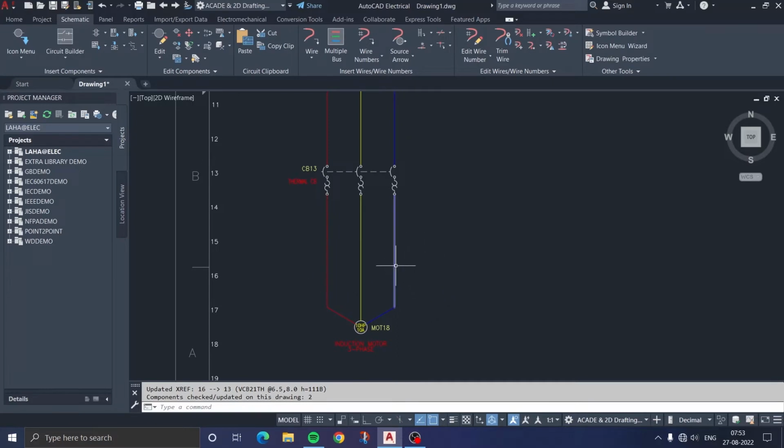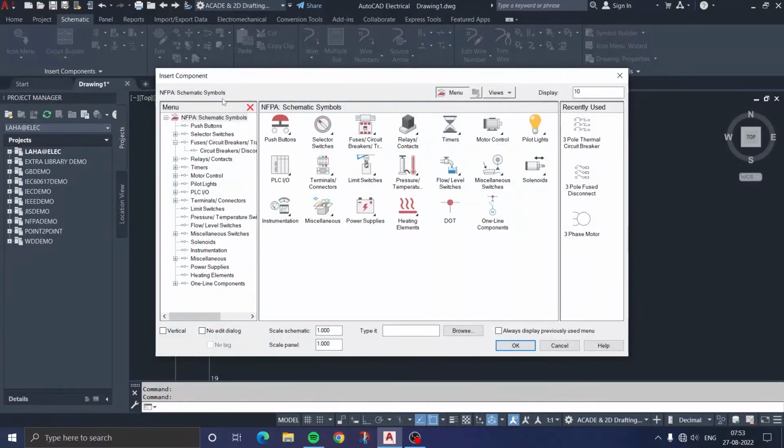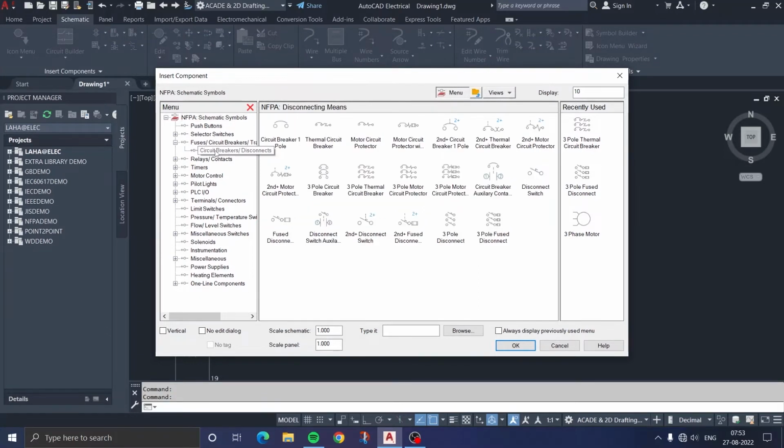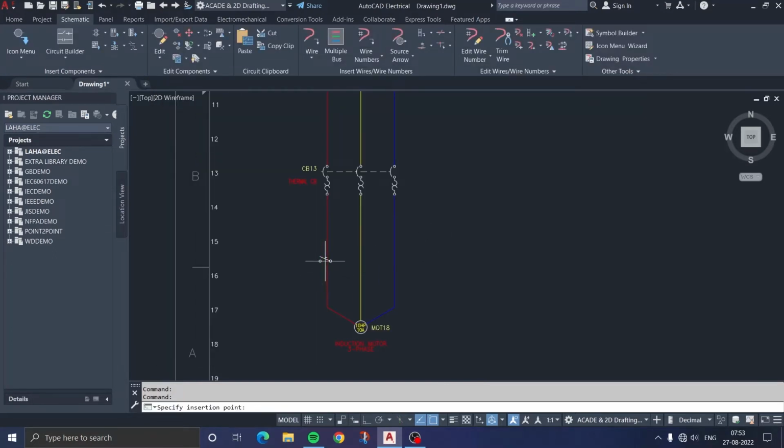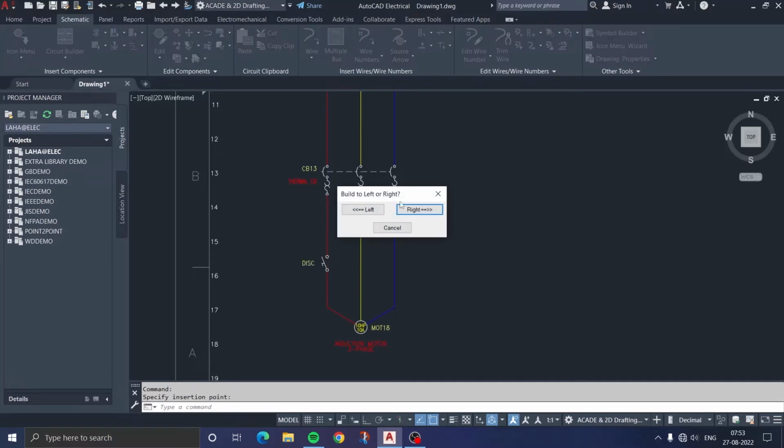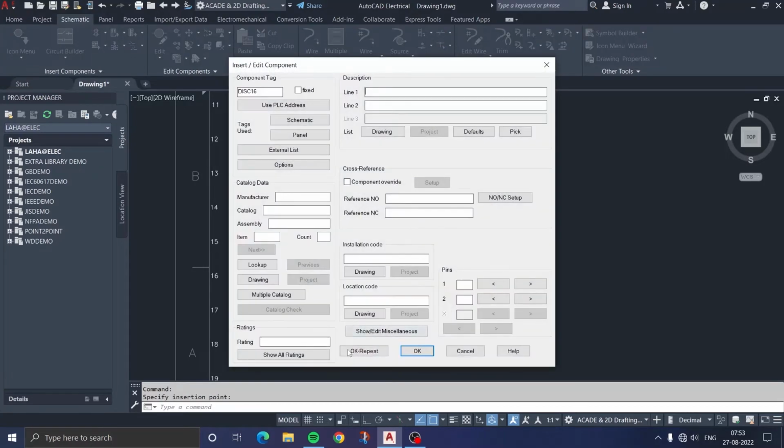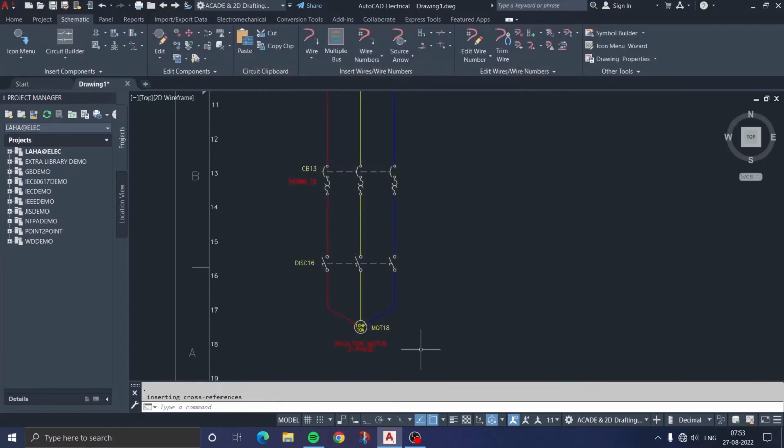Now for the maintenance of this motor, another disconnecting switch should be added here. So go to this icon menu and you can see the disconnecting switch, circuit breaker. Here I have simply used a 3-pole disconnecting switch. Just click on it in this way. It is used for the maintenance of this motor. I'm not going to add any description. Just click OK. In this way I have added the disconnecting switch, and for the protection there is a